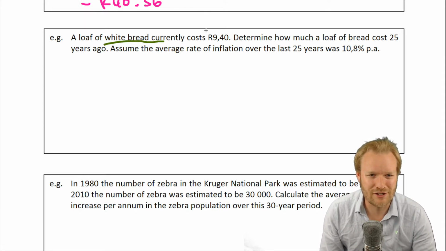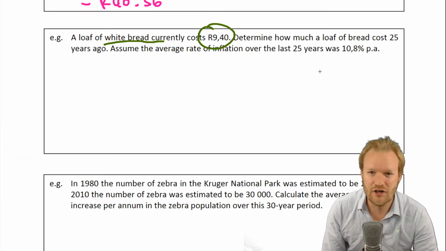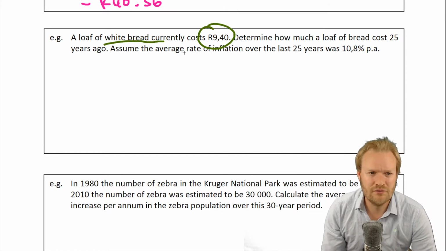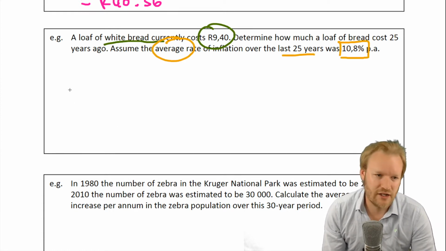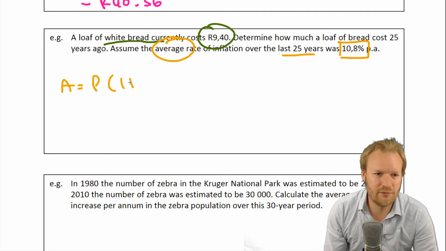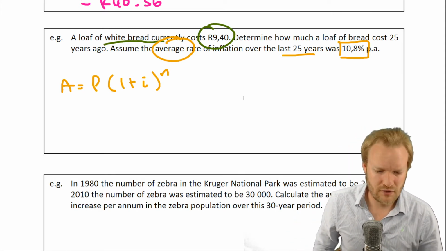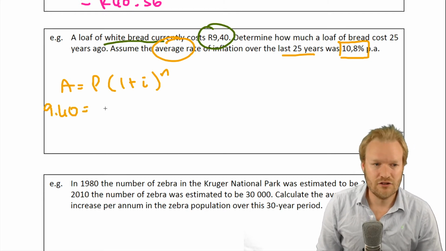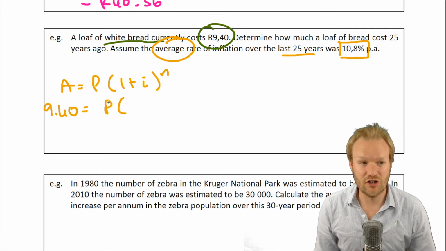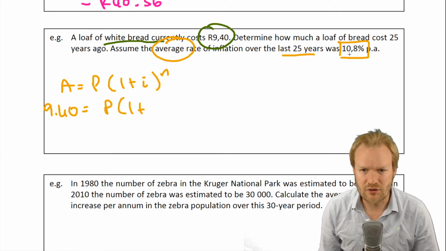But the point is that it costs 9 Rand 40, and we need to know how much it cost 25 years ago if inflation was constant over the whole time. Well, I guess it doesn't have to be perfectly constant, because we can just say, well, the average rate over the last 25 was 10.8%. Okay, so A equals P(1 plus i) to the power of n. And again, I always like this idea of fill in the bits that we know. So in this case, it's currently 9 Rand 40. So what was it principally? So 25 years ago, what was it? So 1 plus inflation, so we just go annually, and it was 10.8,